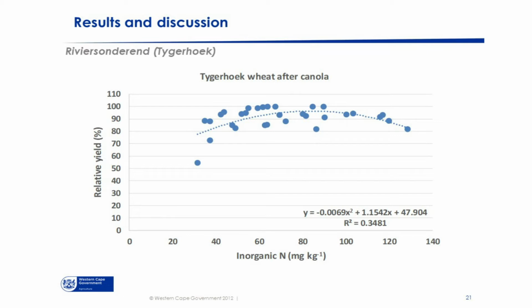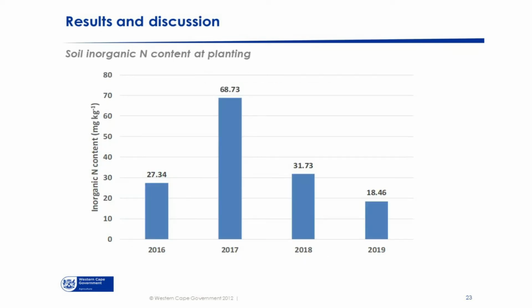Then, if you have a soil analysis of, say, 40 milligram per kilogram, but you need to push it up to 60, we can, with this calibration of these linear regressions, calculate the amount of nitrogen applied. So if you want to increase from 40 to 60, there is a way of determining with these linear regressions how much nitrogen must be applied to push the nitrogen to that required level in the soil.